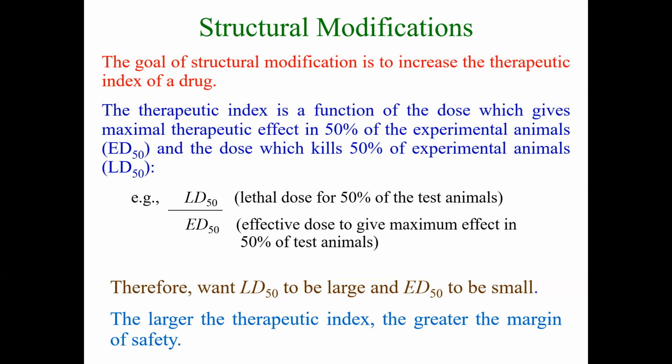And remember, we can still do structural modifications once we get into animal studies and animal testing. If you do see that there is a problem, that you get to toxic effects or lethal doses in animals, then you can go back to the drawing board and try and optimize your compounds so that they are not so toxic or lethal. And it does happen, and we do use this data then to do further structural modifications